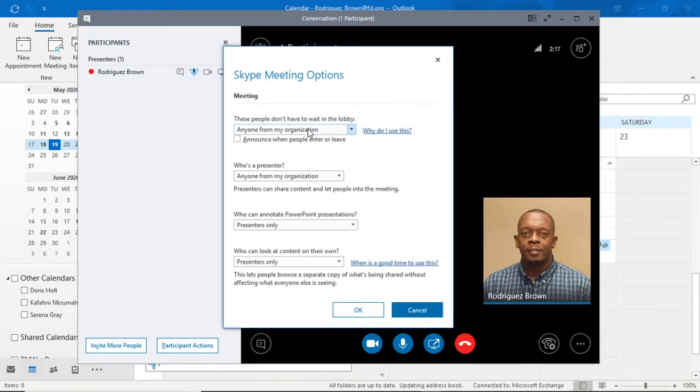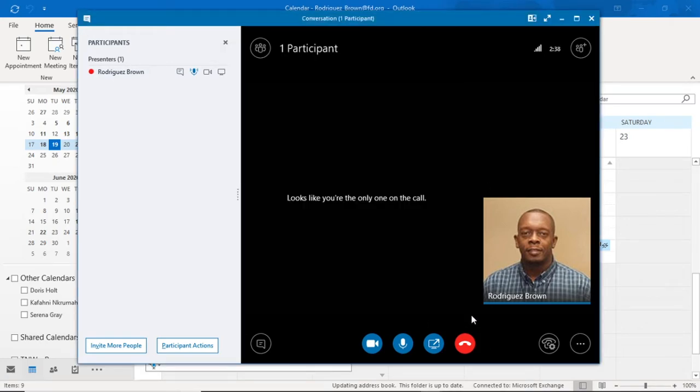Outside of my organization, I would suggest that you allow anyone without restrictions. That way the client will come directly in, and there's a lot less likelihood that they'll have an issue connecting. Okay, so I'm going to go ahead and select this, and now